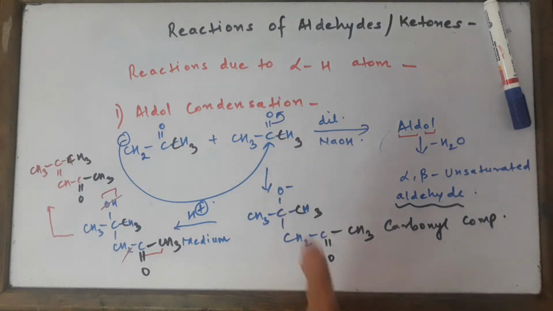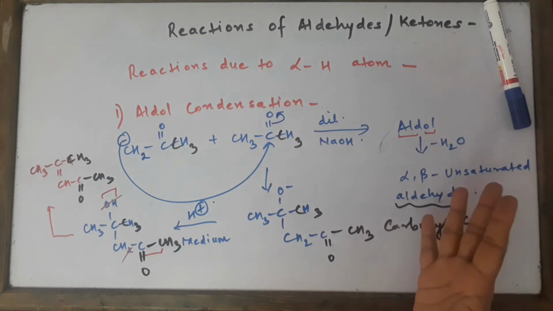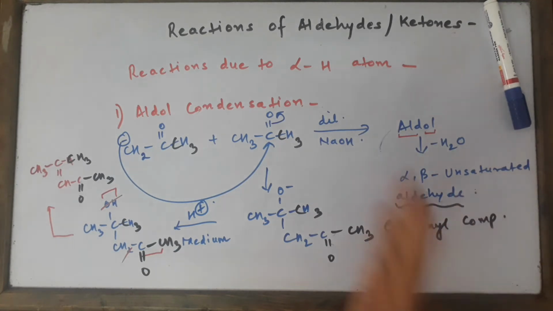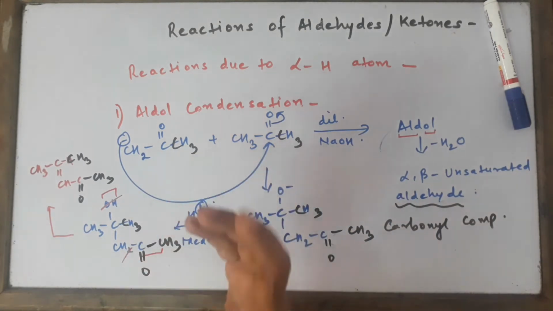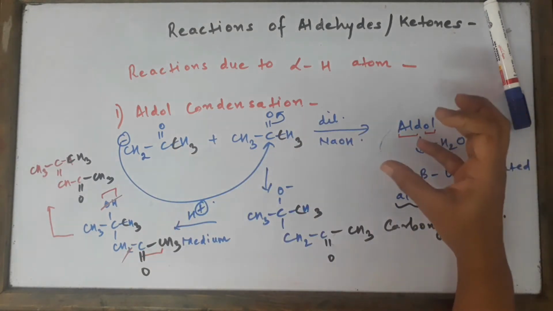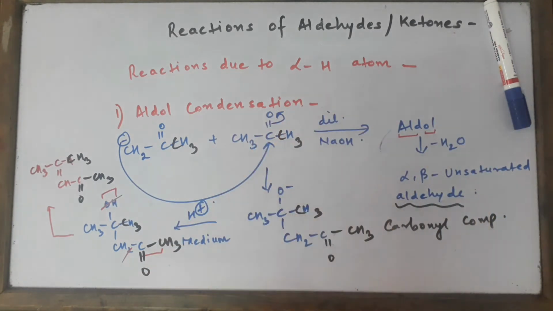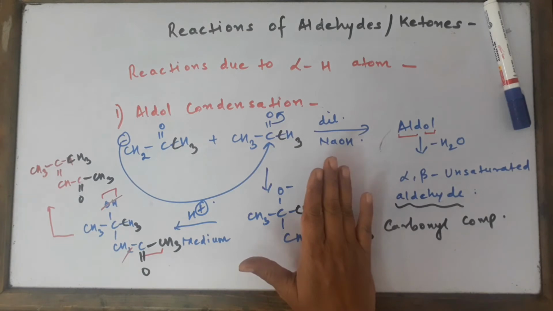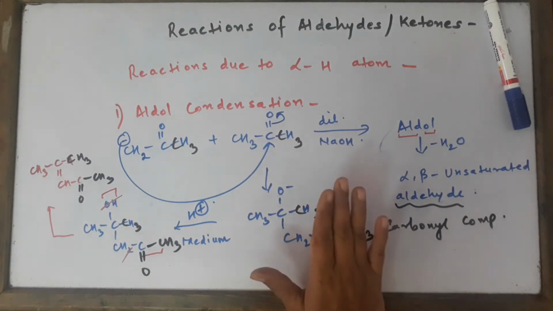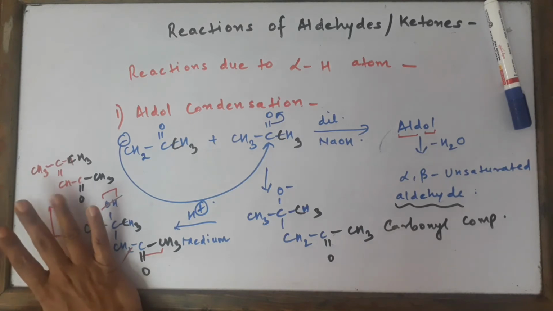The mechanism of aldol condensation remains the same for all the carbonyl compounds which have alpha hydrogen atoms. Alpha hydrogen atoms are acidic enough because they are attached to the electron withdrawing carbonyl group, and the nucleophile which we formed in the first step, this one, was quite stable due to resonance. So this is your simple aldol condensation, because it's taking place between two similar compounds. This is your simple aldol condensation product.